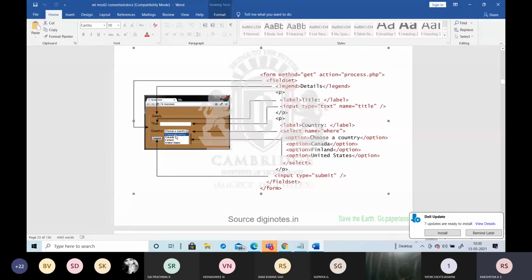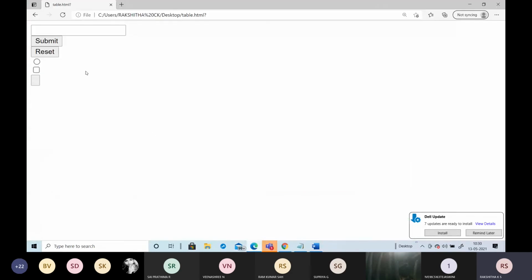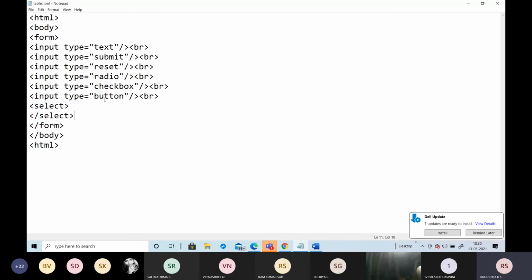See here, this particular combo is created. I'm not adding any contents there yet. Inside that select, I'm going to add the particular states or countries. Look here, in this combo box there will be different countries, so now I will add the different countries.